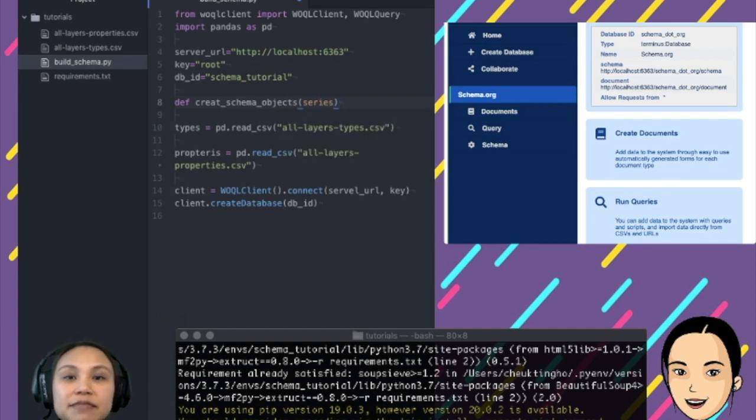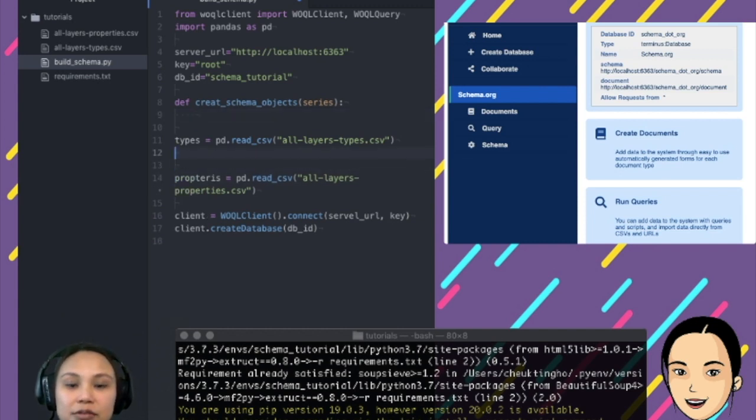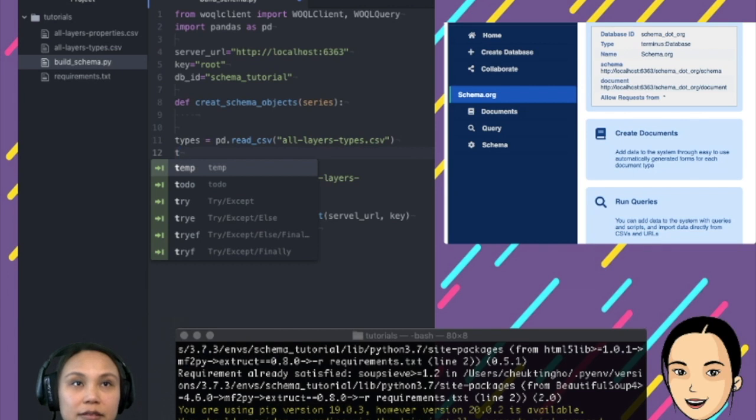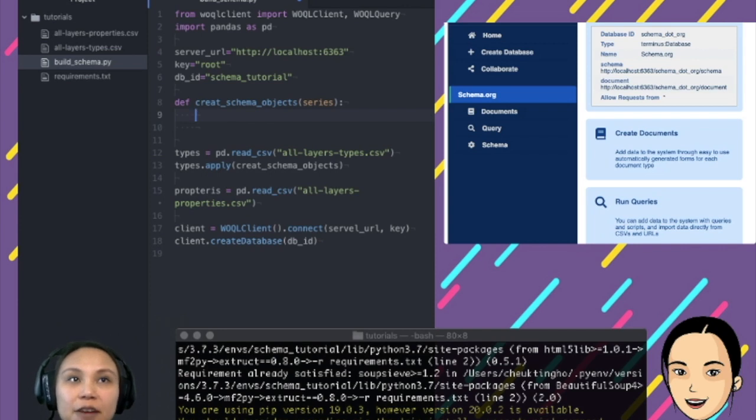You have to have some understanding of pandas to follow this, because what I've got to do here is an apply: types.apply. When I do this, each row will be put in as a series inside this function.